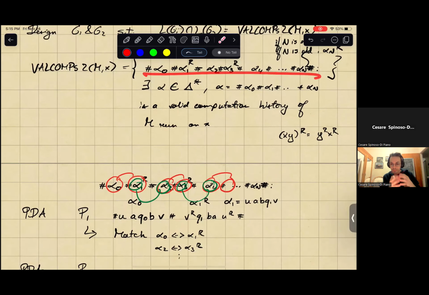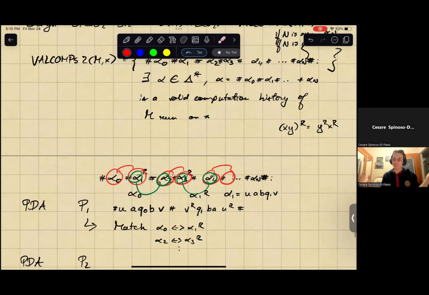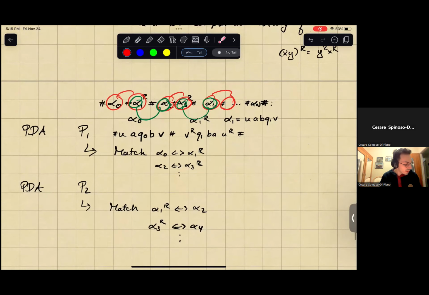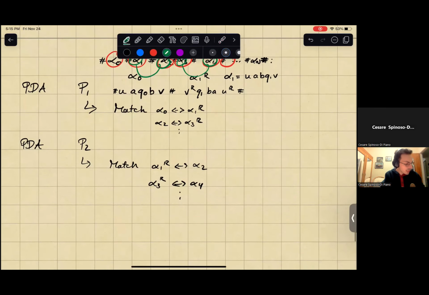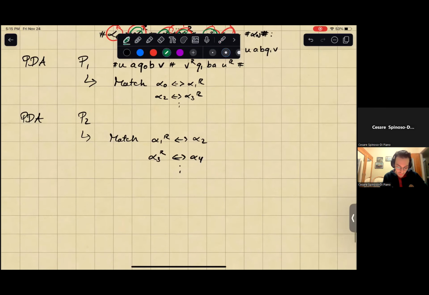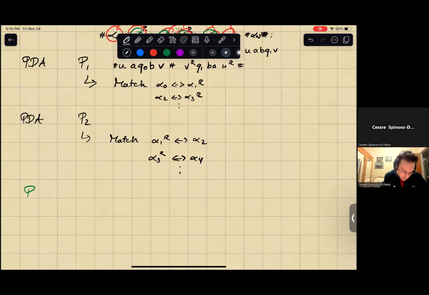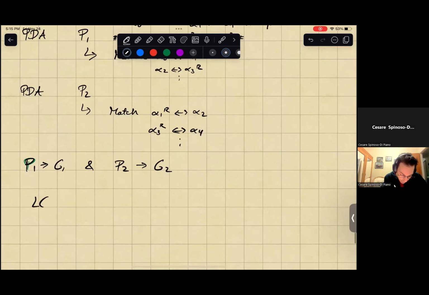right? Because valcomps2 has a proper valid computation history, but the odd positions are reversed, right? And so using this intersection allows you to verify this. So then if you take the intersection of converting, let's say, P1 to the grammar G1 and P2 to the grammar G2, then you'll get that the language generated by G1 intersect the language generated by G2, well, that's exactly equal to valcomps2